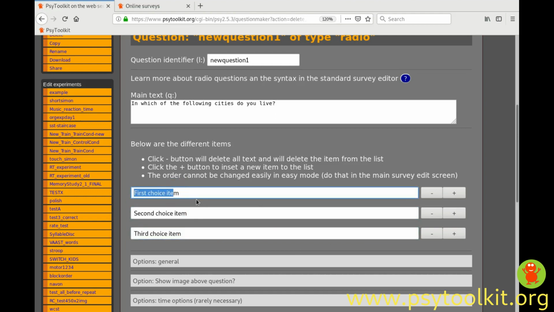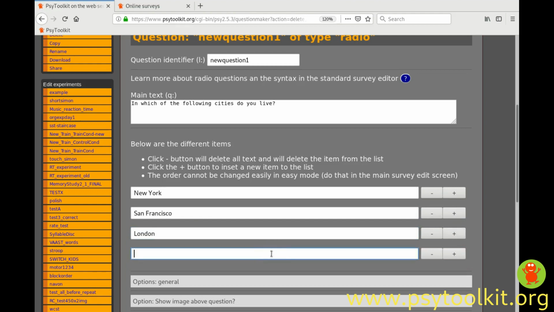I'm going to first say, well, let's say New York, let's say San Francisco, and let us say London. And let's add one more where I actually live. I live in a city in England called Colchester. Right, okay, so now we have 4 options,